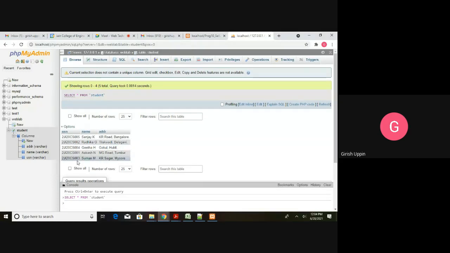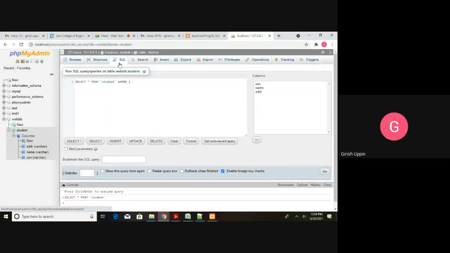5 records are there. So in that video, I have shown you how to create the database instance, how to create the user, what permissions should be given to that user, and how to create the table. Once you create the table, I showed how to insert records into it. If you go to the SQL window here and say select star from student, it will show you all the records. And if you want to do insert operations, you can do them. Everything can be done from this particular UI.